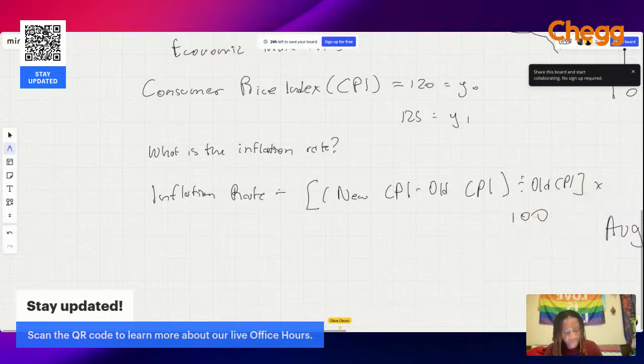Okay. So in this equation, I'm just going to say IR, and that's going to equal,